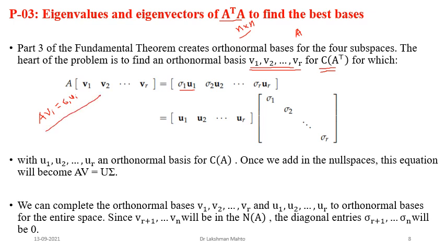So here just multiply matrix A with the corresponding eigenvector of A transpose A, and you will get sigma i ui, and ui here forms an orthonormal basis of the column space. So that is the theory. Instantly you are getting orthonormal bases of the row space and column space from A transpose A, by finding the eigenvalues of A transpose A and applying A over the corresponding eigenvectors. So that is the simple technique.